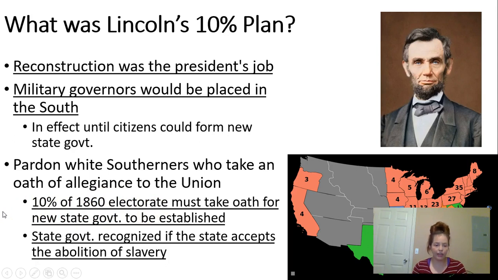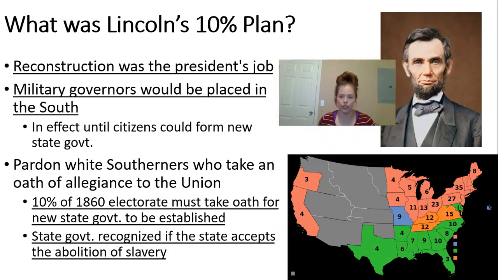So we're going to use 1860 as a year because that was the last election that the South was a part of. They didn't vote in the 1864 election because they considered themselves to be a different country, and so they couldn't vote in our election. So we go back and we're using these numbers from the election of 1860, and Lincoln says that we need 10% of these numbers to take this oath in order for you to re-enter the Union. Another big thing is that Lincoln himself wouldn't personally recognize the state unless they accept slavery as illegal. So we need 10%, and we also need these states to recognize that slavery can no longer continue.